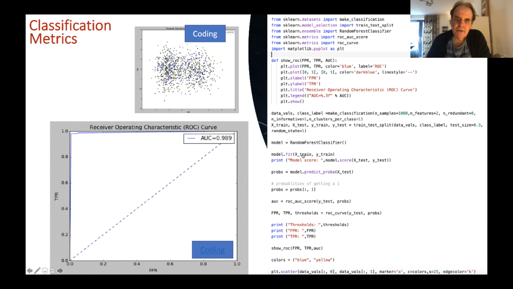Then we'll fit the model using the training data, and as a result we'll end up with our data set X test. We take the test data, and then we'll make a prediction using the random forest classifier to get this output here.